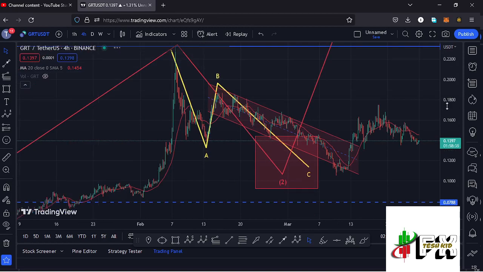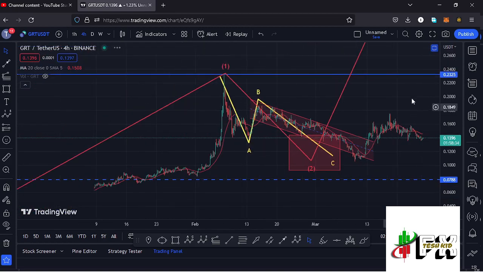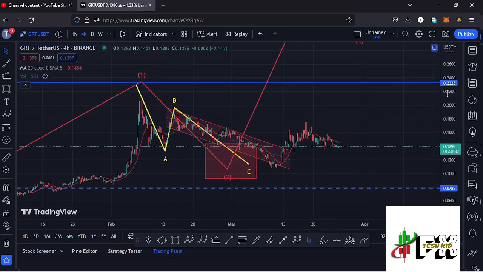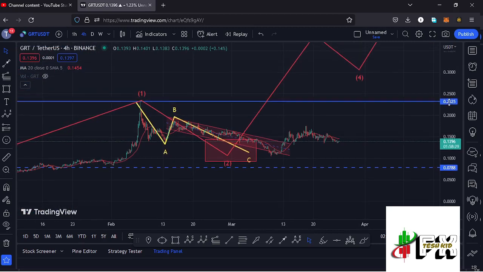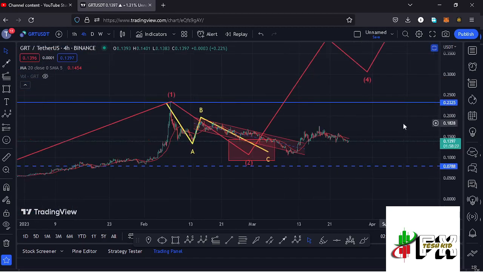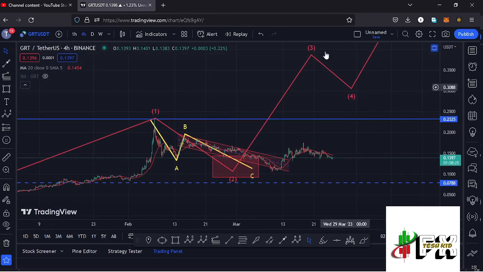And having managed to get into the minimum retracement area in the formation of that wave 2, I now believe that we have bottomed out in the formation of that wave 2, and whatever we are seeing at the moment is the start of a massive run up to the upper side in the formation of this wave 3,